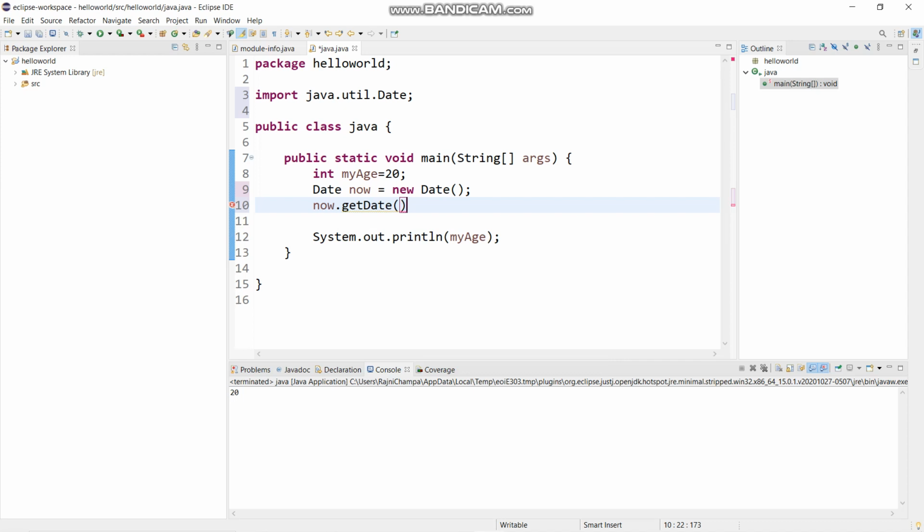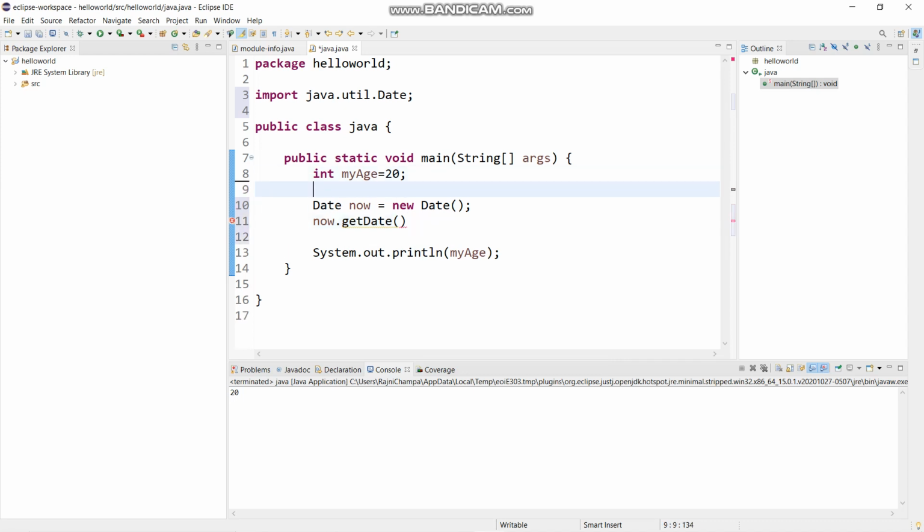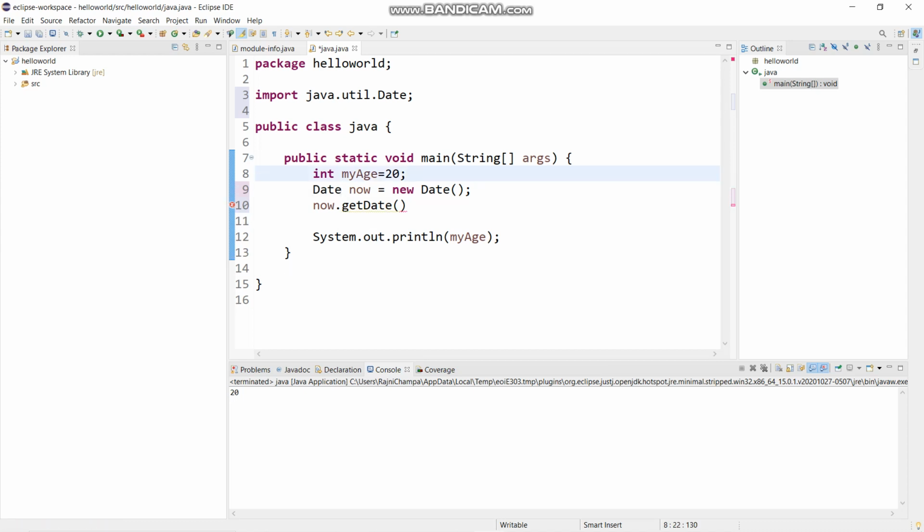If we take age and put a dot, we cannot see any members. After now, we can access the members of the Date class. This is another example of a difference between primitive and reference types: the primitive type doesn't have any members.